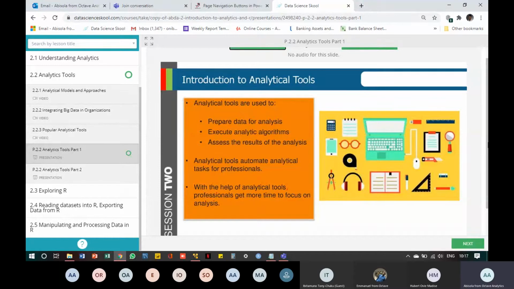So it helps you automate analytical tasks, right? And it also helps you to get more time to focus on analysis. So instead of having to write so many lines of code, like what the job control language used to do in the 1980s, because you have to write a long code that then gives you the result you want before you now start visualizations, right?